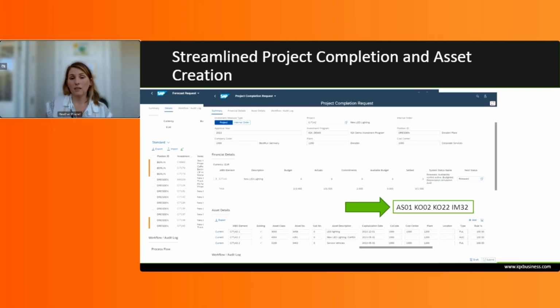So after that settlement was run and you're now ready to close the order, the project completion request application also facilitated in that process, where you'd come back into the app and run it for that internal order that you needed to close. You then indicate that you wanted that internal order closed and any budget that was remaining to be returned. So upon approval of that request, the internal order and the project can then be moved